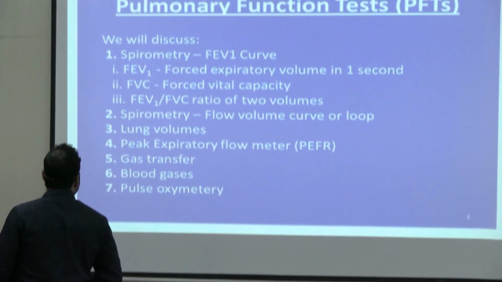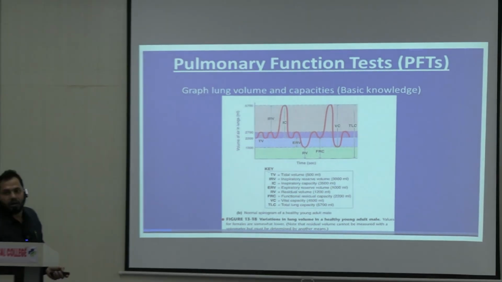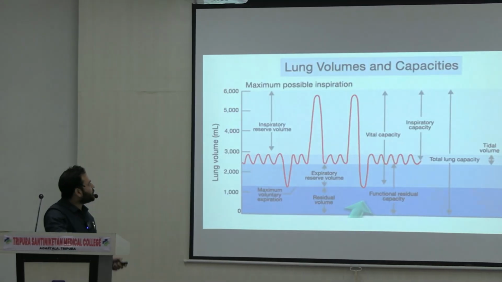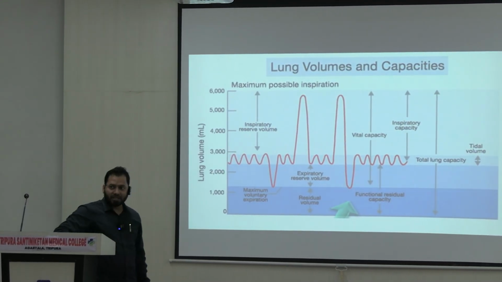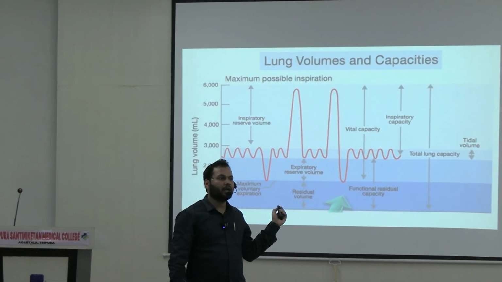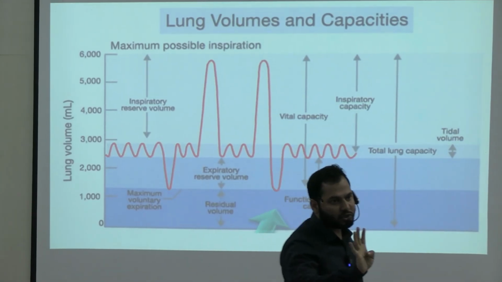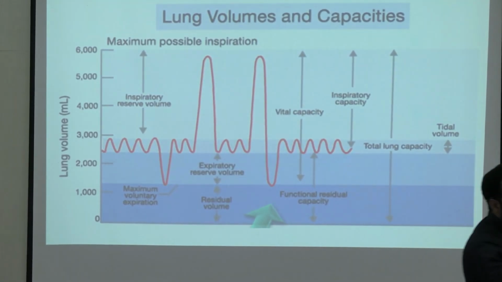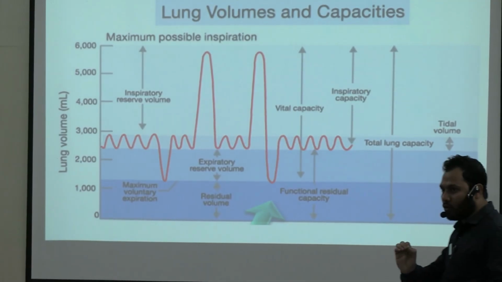So, here you can see this is the diagrammatic representation of static lung volumes and capacities. This is very important for all of us. You must know what the four important volumes are, what the four important capacities are, and what their values are,